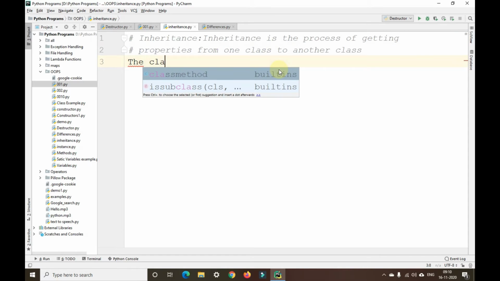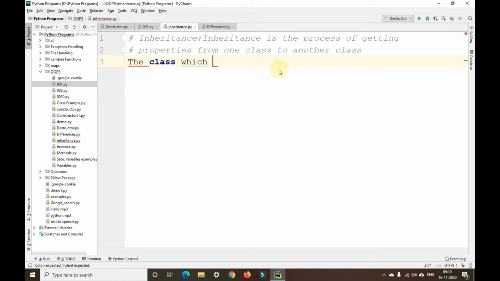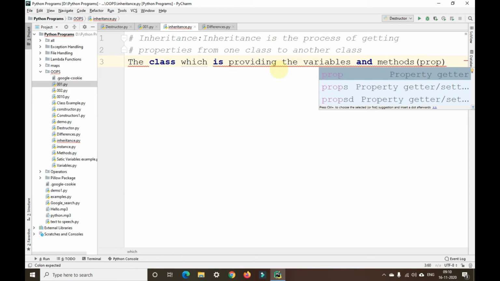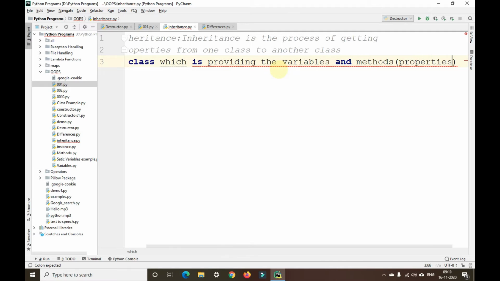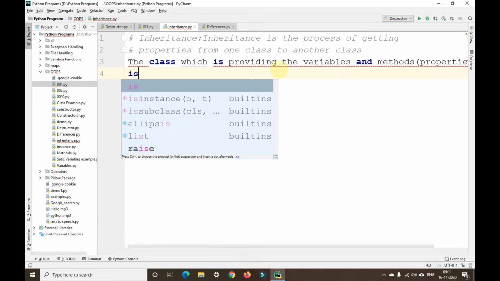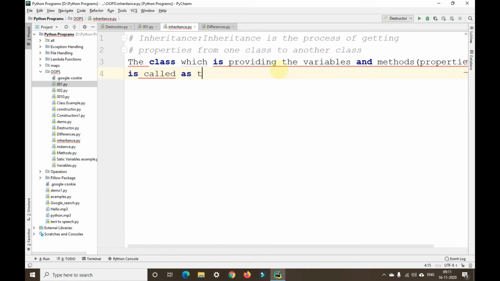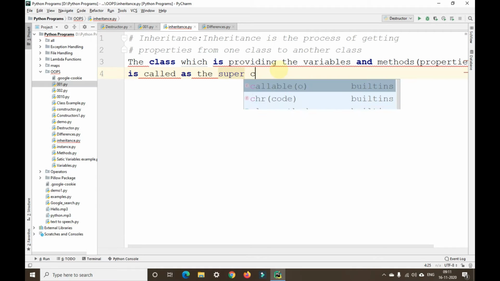The class which is providing the variables and methods, also called properties, is called the superclass.